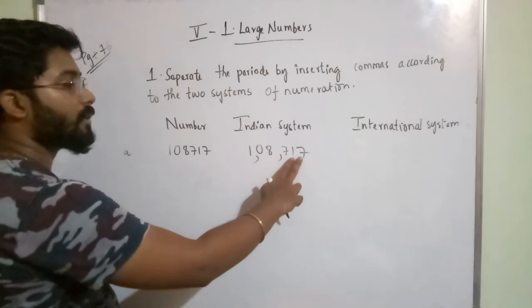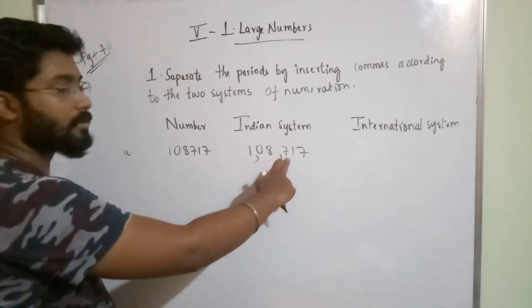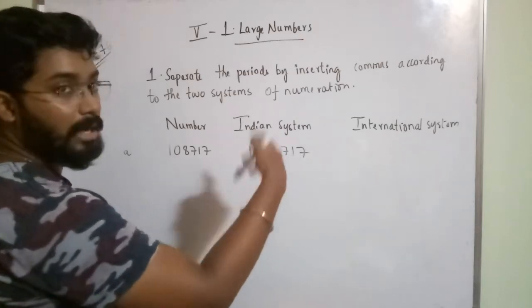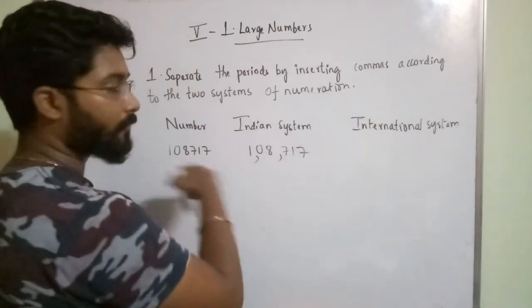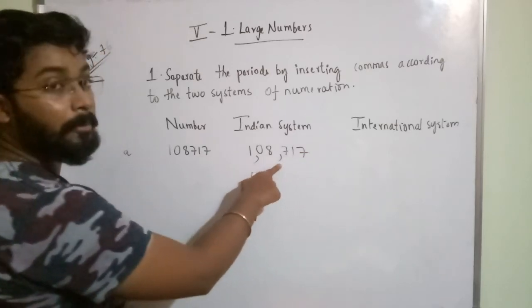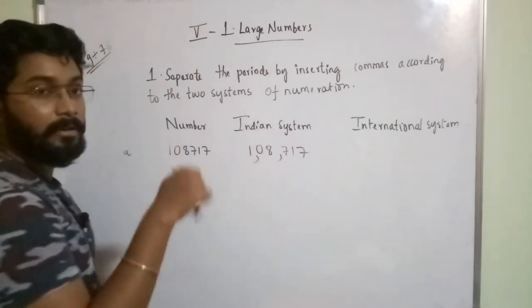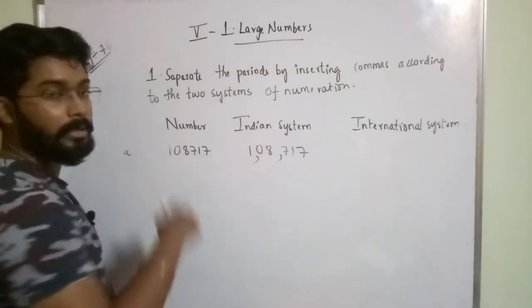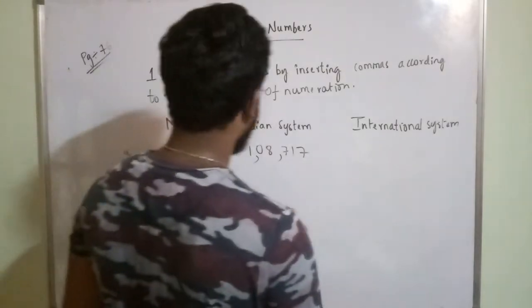So you have to put comma after the period. In ones period there are 3 digits, so after 3 digits from right to left you have to put one comma. Start from right, then go to left. So I am starting from here, 717. After 3 digits I am putting one comma. After ones period what you will get? Thousands period, no? So 80. After these 2 digits I am putting one comma and 1. So in international system,